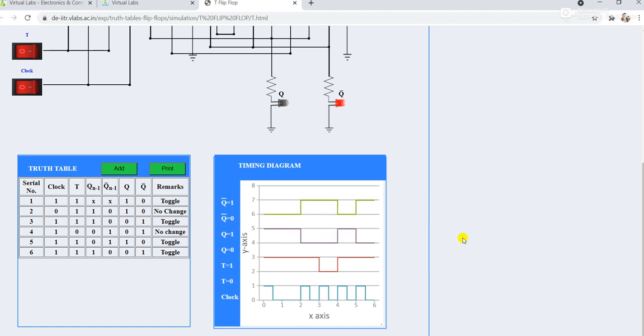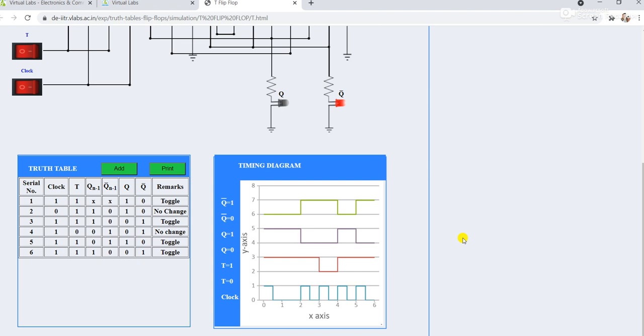So we have covered the T flip-flop working and its simulation. In the last 3 videos regarding SR flip-flop, D flip-flop and JK flip-flop, we have covered the theory and simulation of these particular flip-flops.